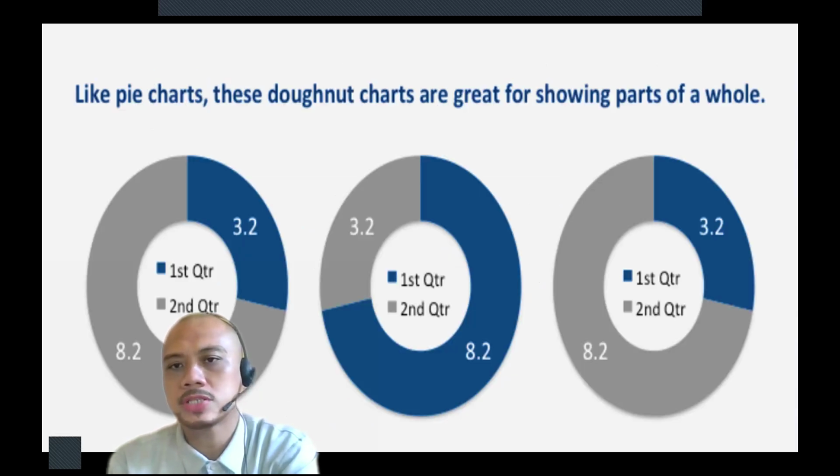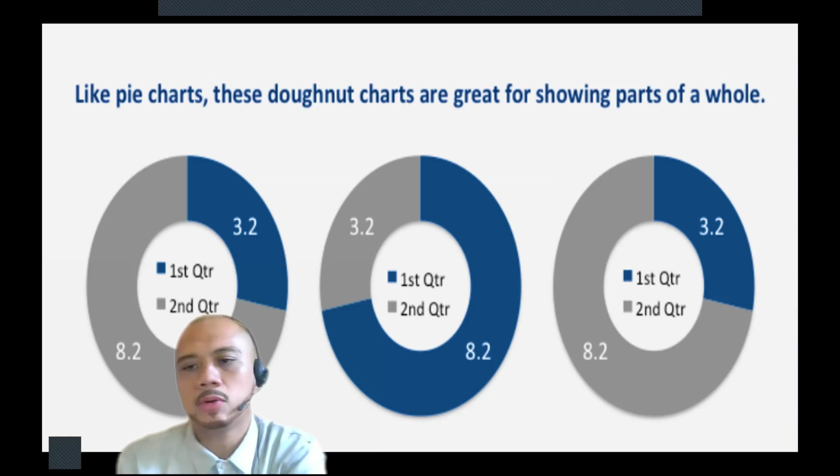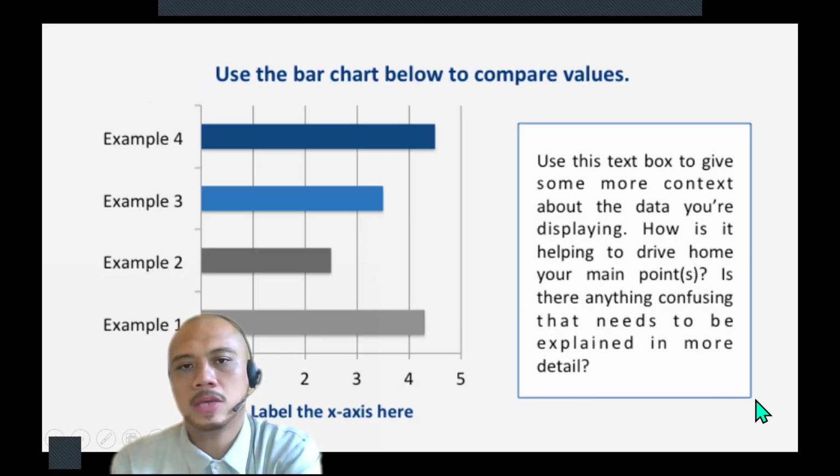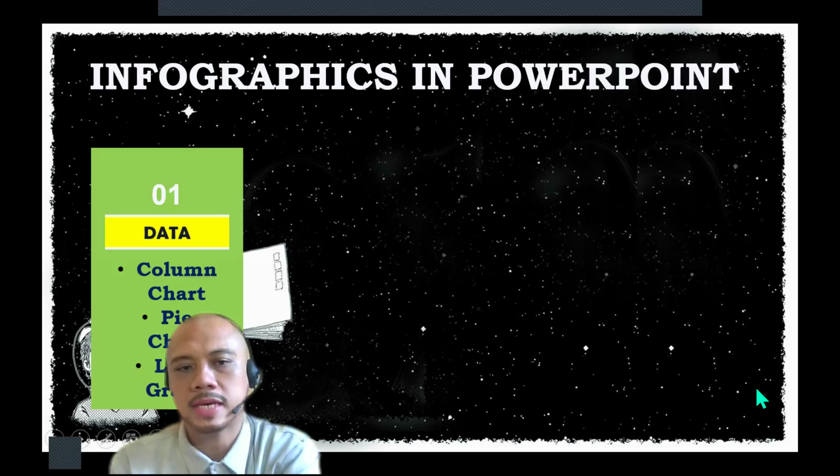Pie charts and donut charts are great for showing parts of a whole. Donut is the same idea as a pie chart. Okay, use the bar chart below to compare values as mentioned. You have that already. Okay, next is